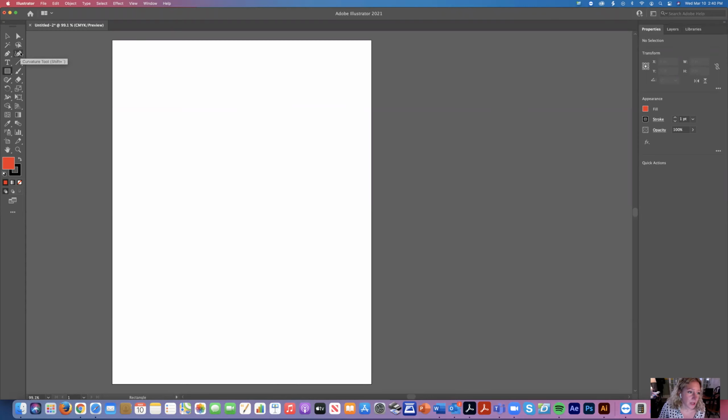the curvature pen tool, which is located right next to it, the line segment tool, which is right below the curvature pen tool, and here, the shape tool. Now, if I press down and hold, you will notice that you are provided with various different shapes. The rectangle tool, the rounded rectangle tool, the ellipse tool, the polygon tool, and the star tool. So we will go ahead and start off with the pen tool, which I have selected here again from my